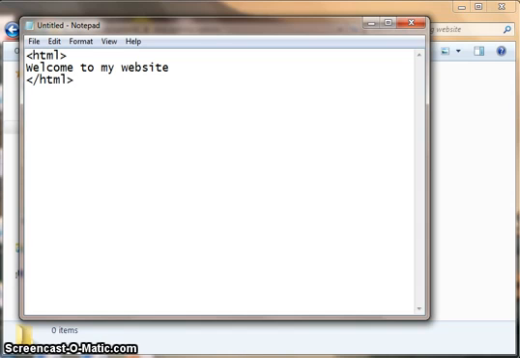Line 1 and line 3 use special things called HTML tags, and they need triangular brackets. The triangular bracket symbols are on a keyboard above the comma and the full stop if you hold down the Shift key. Now, in order to look at this in a web browser, I need to save it in a